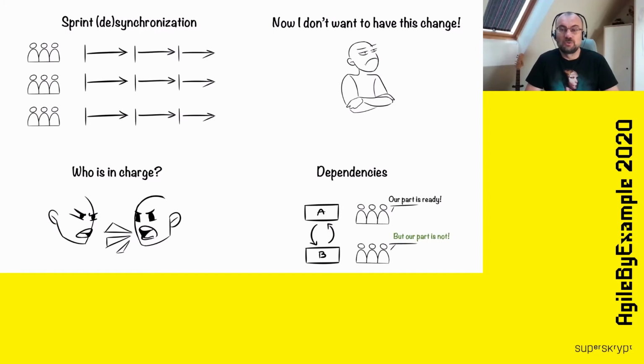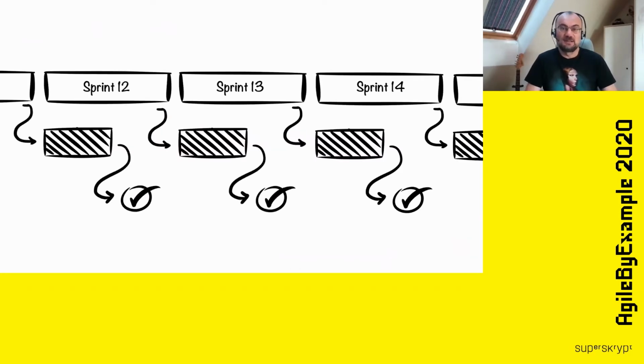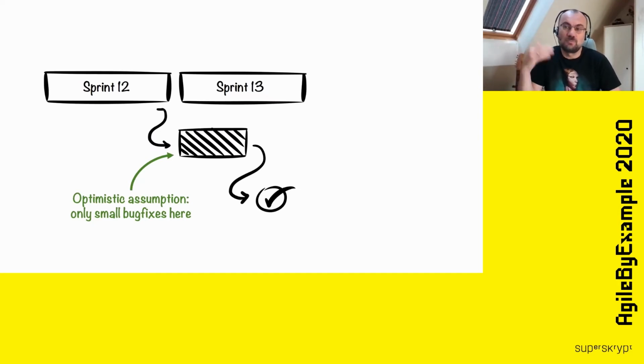So we fixed this desynchronization problem. We educated our product owners and stakeholders about the meaning of this regression testing phase. We tried to manage the dependencies, but there was one problem that was really hard to solve. Let's look at the schedule once again. So we have a series of sprints, one after another, and this regression testing phase marked as striped rectangles. Initially, we assumed that during this regression, we will have only small bug fixes. So we'll just approve the stories and done, and one small fix here and we'll be done.